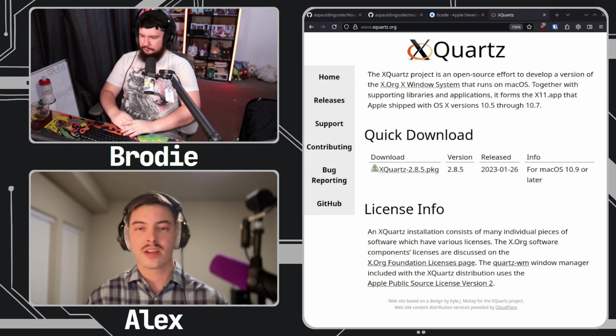Like the most I've seen is Xterm and Xeyes and some of the sample stuff. But it's been so long since anyone has ever wanted to use X11 on Mac, so we just don't have anything, and we end up just doing Linux and then rendering it to the screen directly. And people complain because their screens are using Retina, and that's basically macOS scales everything two times, and then as a result, you have a really large screen, something like 4K almost, and it zooms in because it's scaled twice as much, and it uses twice as many pixels